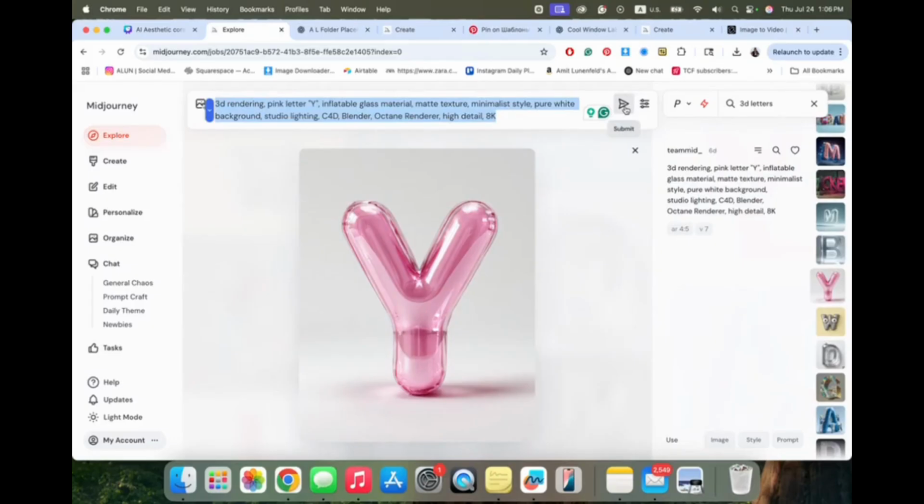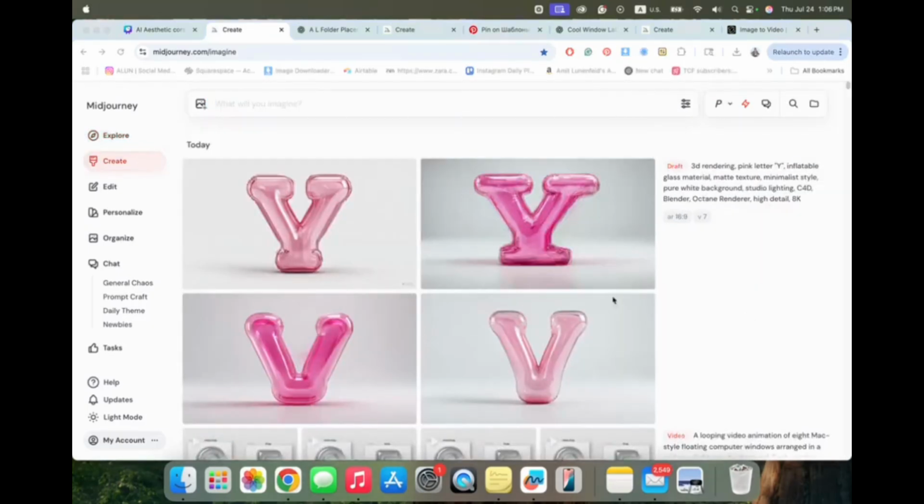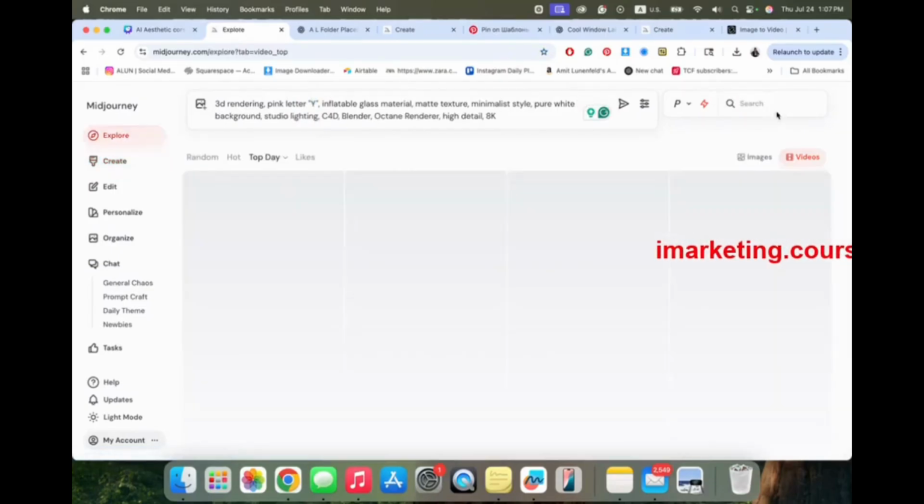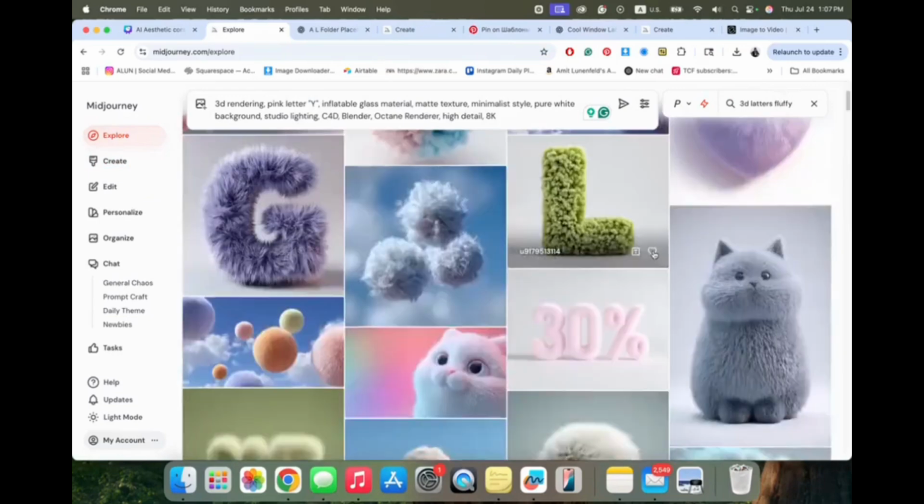I must give a disclaimer that when we use the same prompt, we're never going to get the same result. This is the result. It looks pretty good, not so much like a Y, more like a V. You can change, of course, the prompt to any letter you want. If your brand name starts with Z or your first name starts with A, you can change it according to your needs. After we explored the 3D letters a little bit, you can also add fluff. For example, this is a fluffy texture. Let's do fluffy. This is a texture that we see pretty often created by AI.